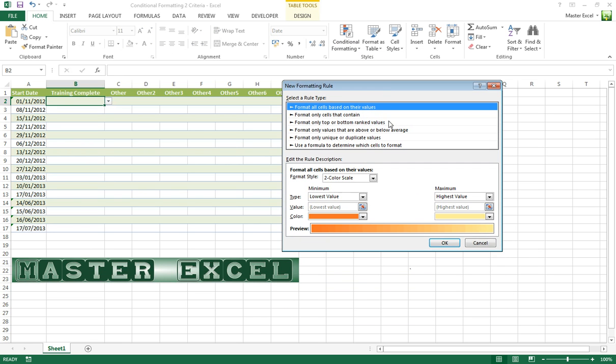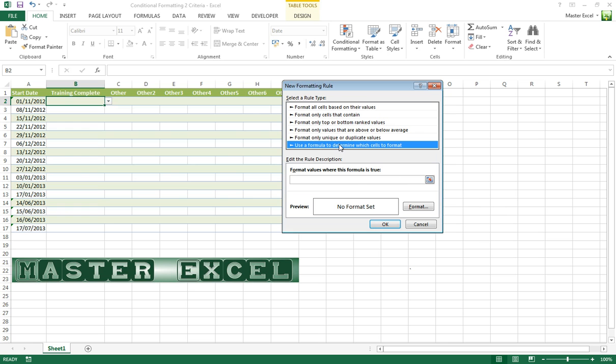Now we're going to require a formula for this conditional formatting, so click on the bottom option, use a formula, and our formula is going to read, first of all we need two criteria, so we're going to use the AND function, so equals AND, open brackets,